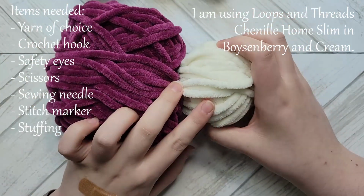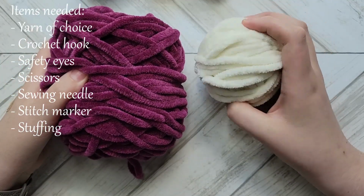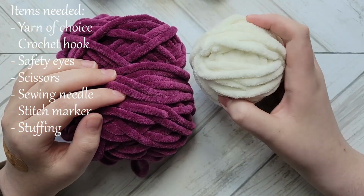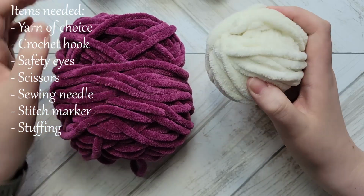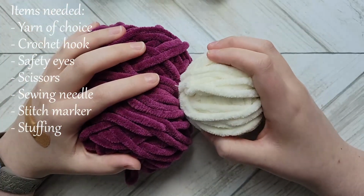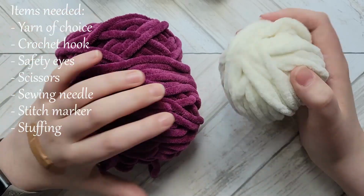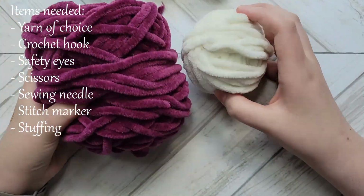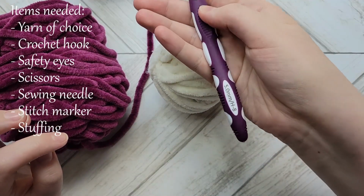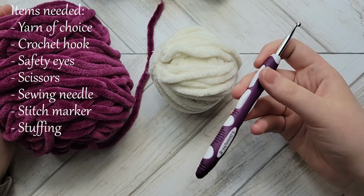I'm using 2 different colors. This will be the cap color, and then this will be the head color. So the coolest part about this pattern is you don't need to color change. You can make it all one solid color if that's what you'd prefer. For the sake of this tutorial, I will be doing it in 2 colors so I can show you how I color change. So I'm using size 6 bulky yarn with a 5mm hook. My tension's pretty loose, so if you have a really tight tension, this hook might be a little too small